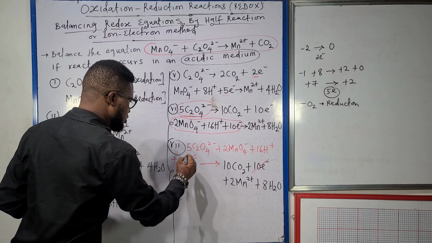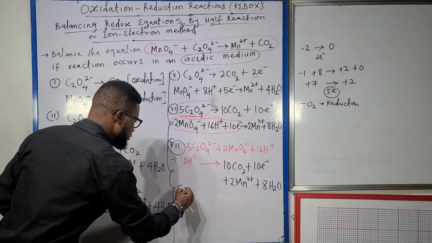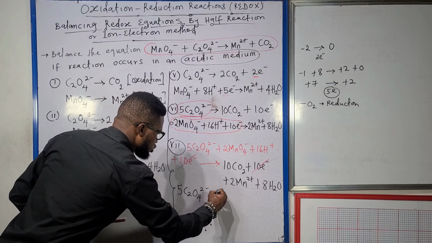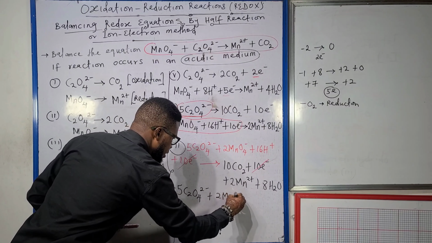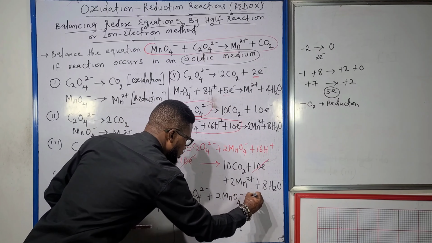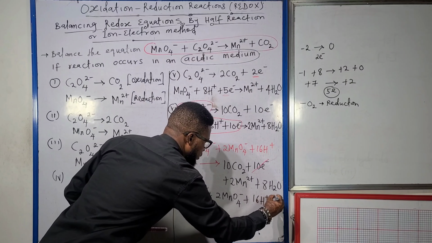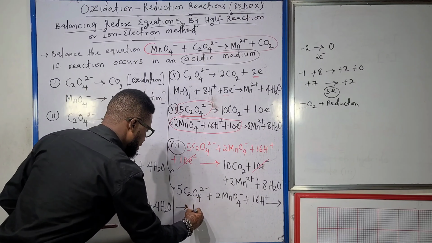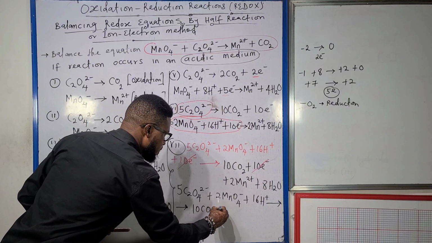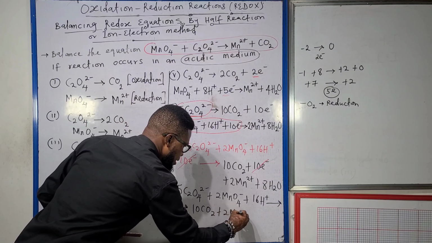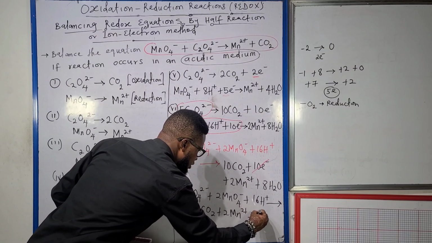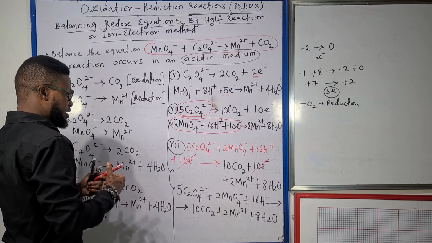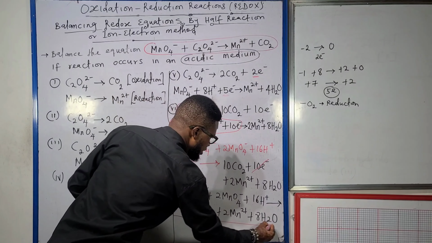So our balanced equation here is 5C2O4 2 minus plus 2MnO4 minus plus 16H plus to give us 10CO2 plus 2Mn2 plus plus 8H2O. This here is our balanced equation using